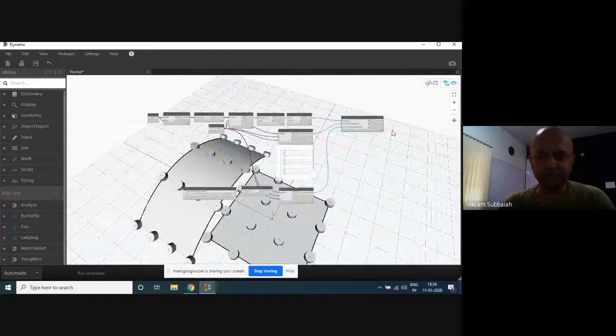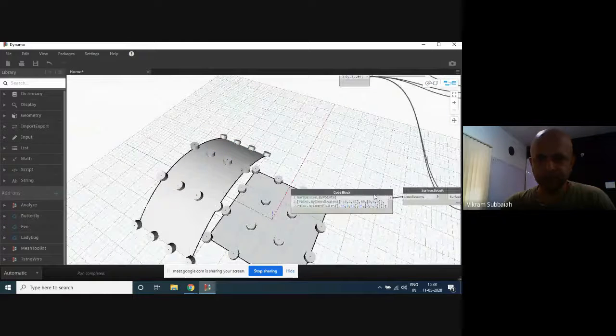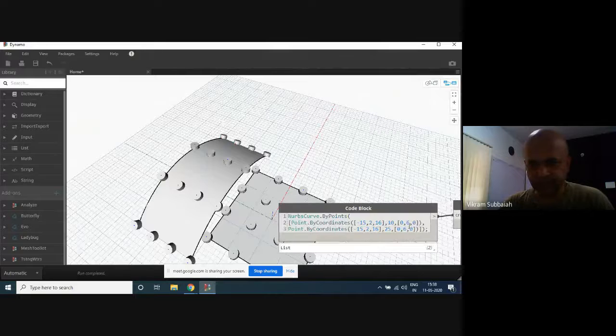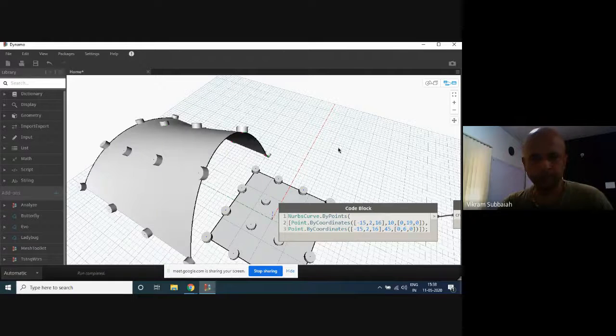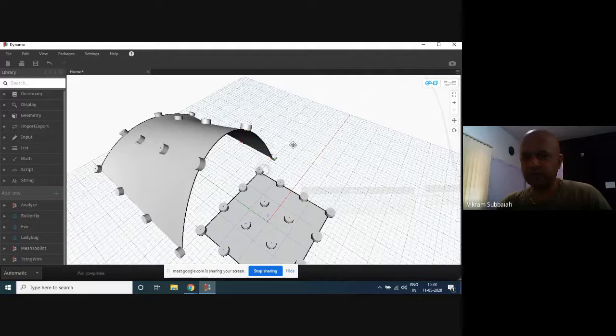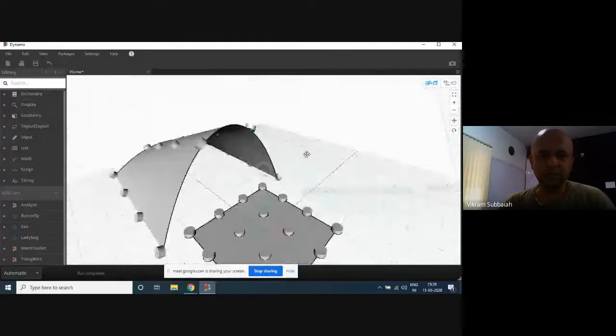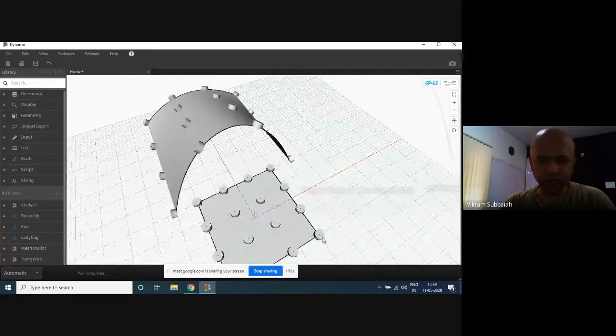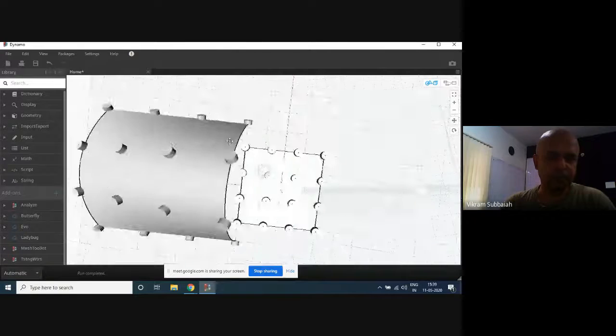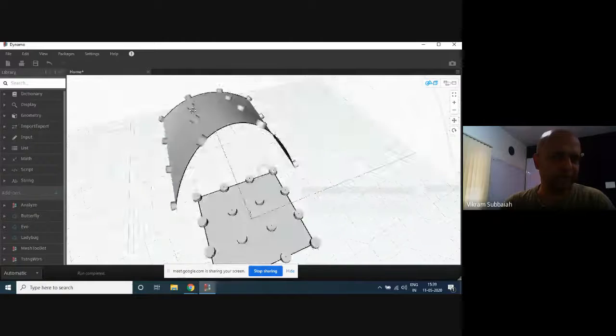Here, if I alter this geometry, say this curve, if I make the surface something else, no matter what happens here, these things are transformed from this plane to the plane of this surface. Okay, so that is how transform works.